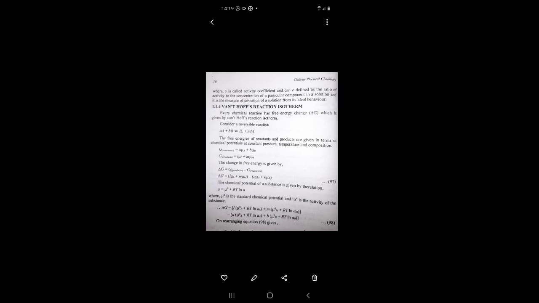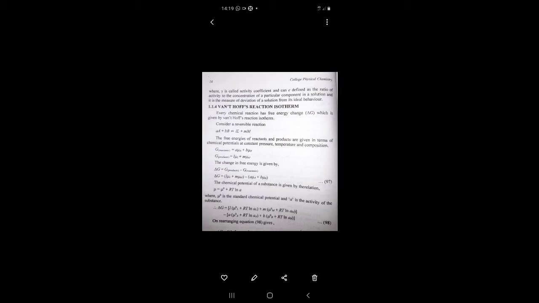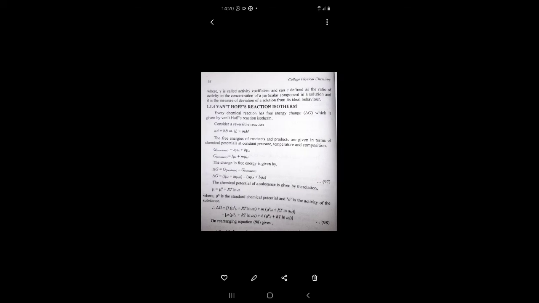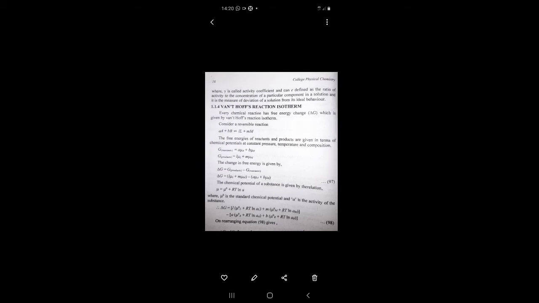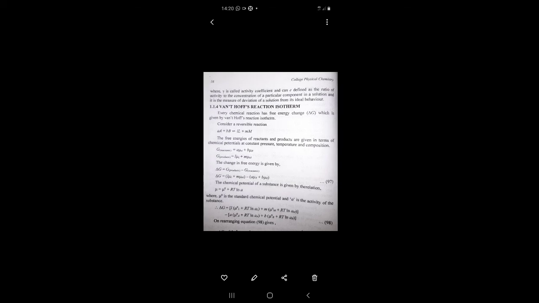Now G products is equal to l mu L plus m mu M. The change in free energy is given by delta G is equal to free energy of product minus free energy of reactant. So G product minus G reactant. So delta G becomes (l mu L plus m mu M) minus (a mu A plus b mu B). The chemical potential of a substance is given by the relation mu is equal to mu 0 plus RT ln a, where mu 0 is